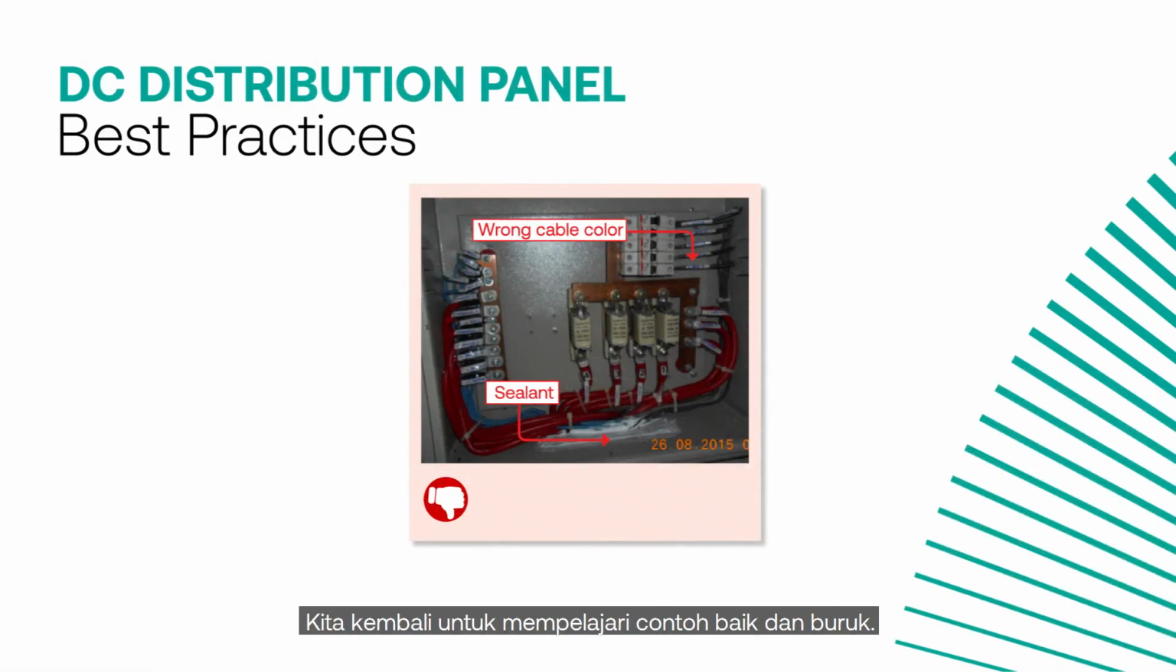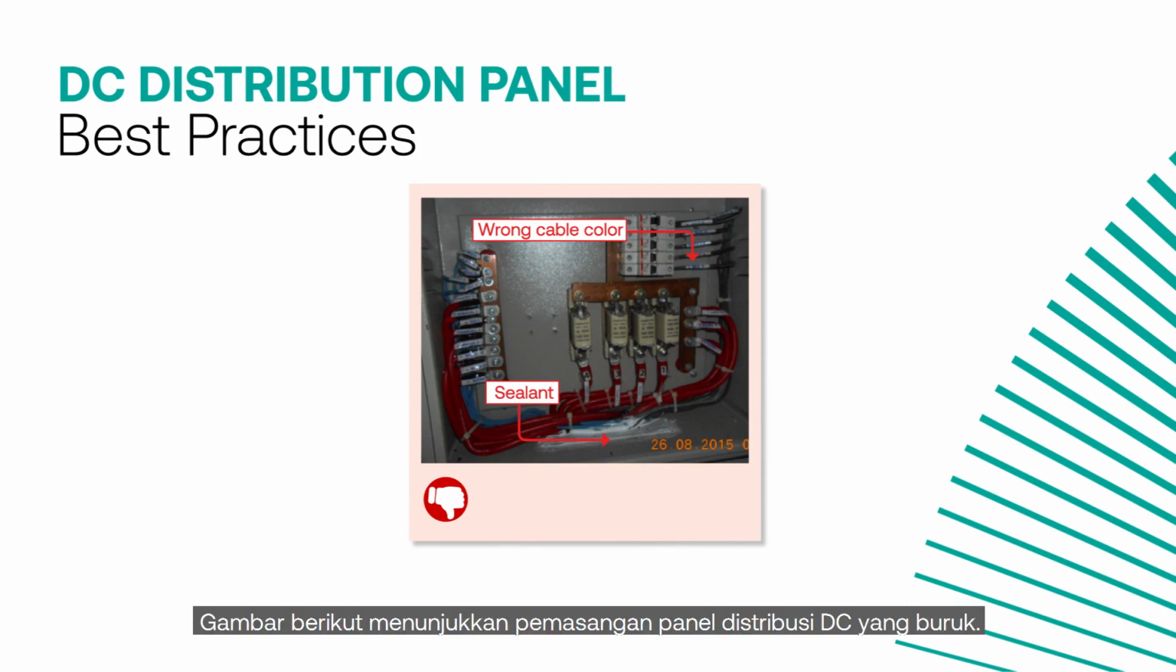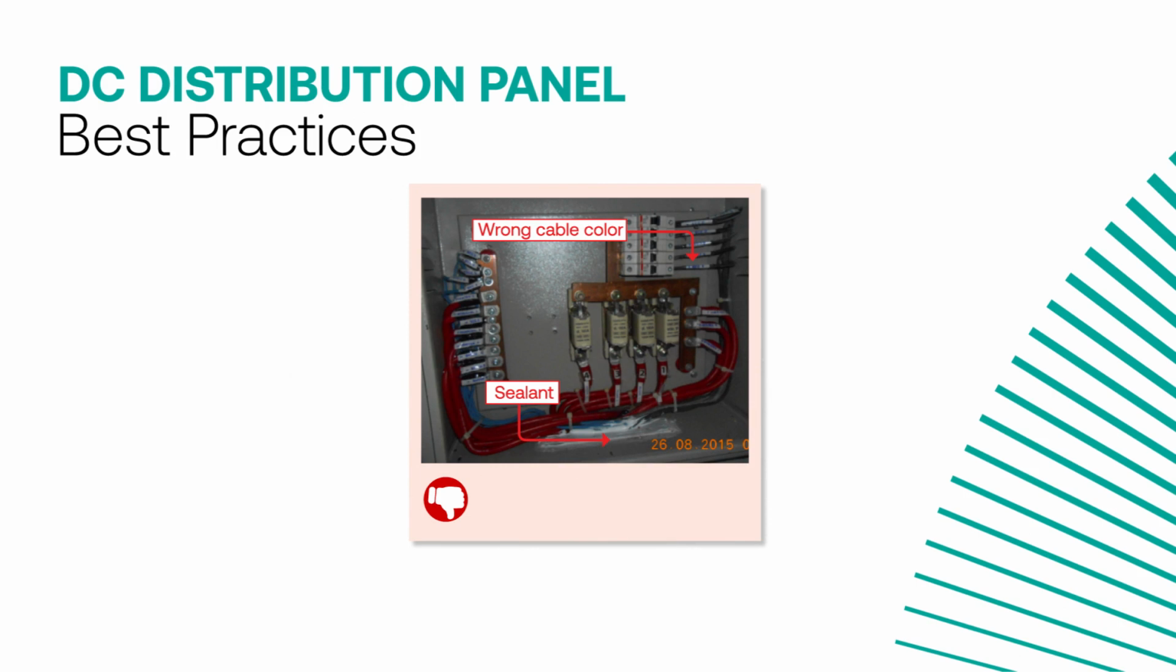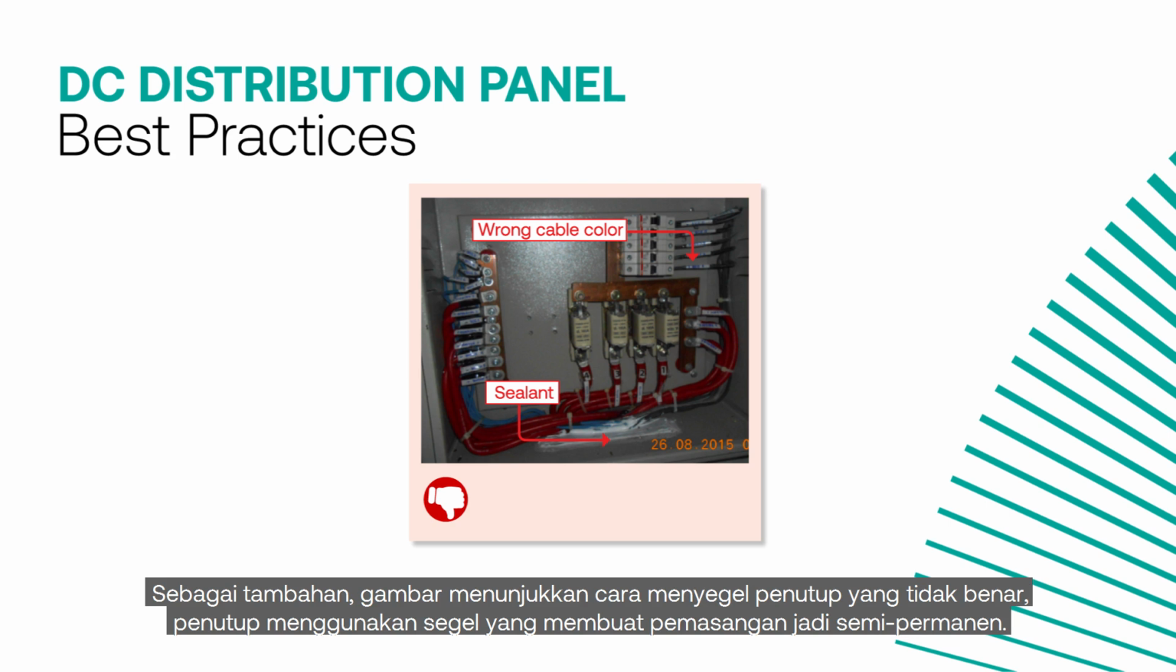We are back to learn from good and bad examples. The picture shows a bad DC distribution panel installation. In this panel, the enclosure is ungrounded. The enclosure needs to be grounded to ensure that the panel is safe to be touched in any condition. In addition, the picture shows that the panel uses an improper way of sealing the enclosure by using sealant that makes